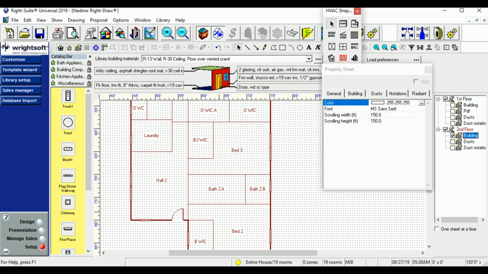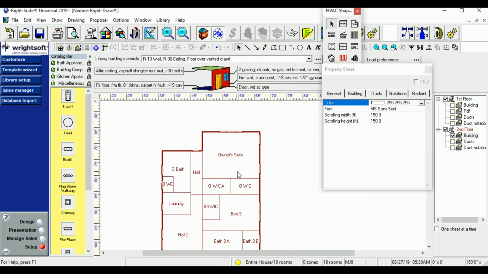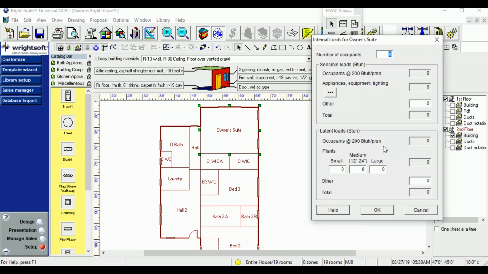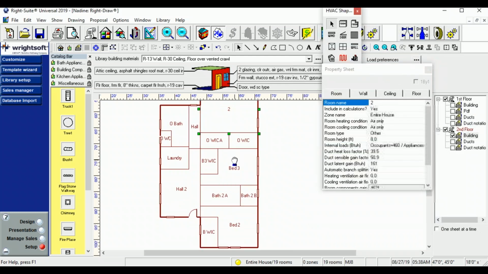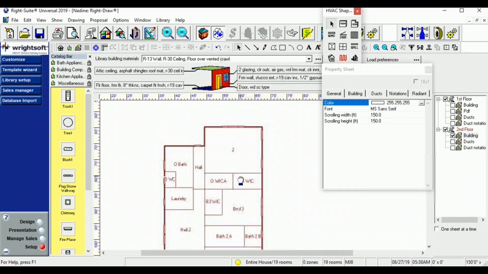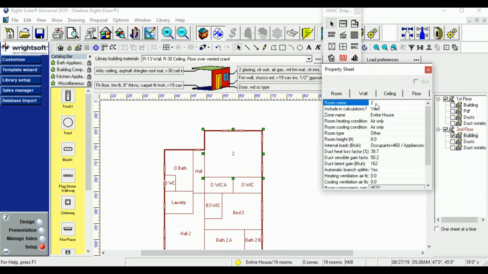All right, I'm going to turn off that PDF in the background. Now I'm going to start doing my internals. I'm going to keep the same ceiling height. And I'm going to put 2 people in the owner's room. I know some other people say, just take that person and put them in other areas where you might need more internal load. But I like keeping some internal load